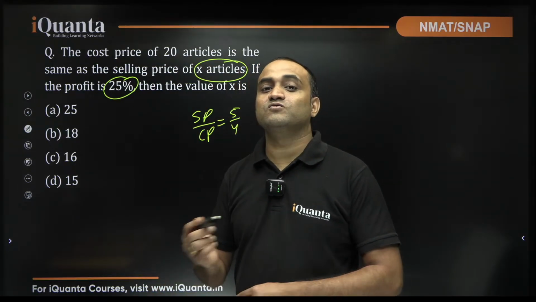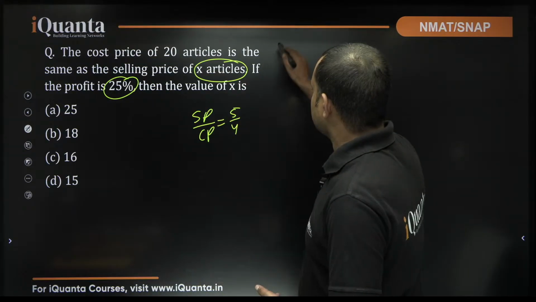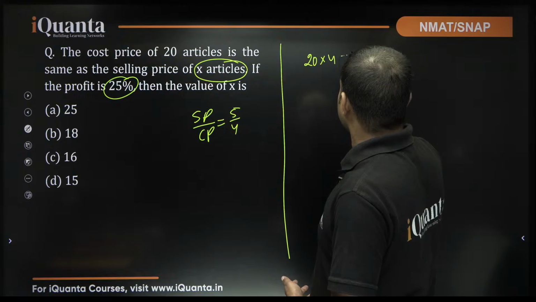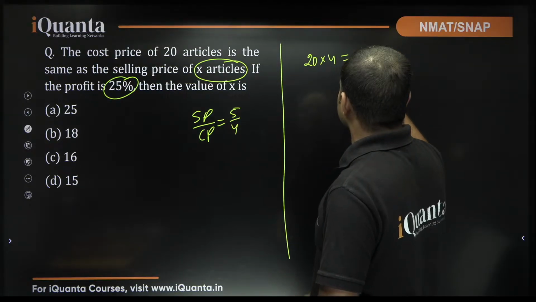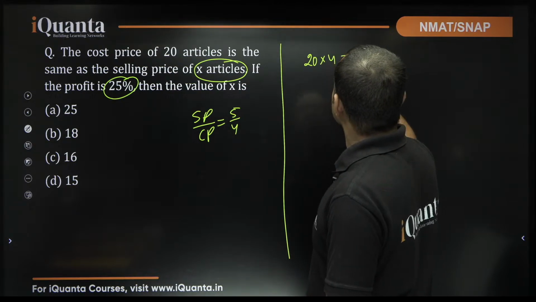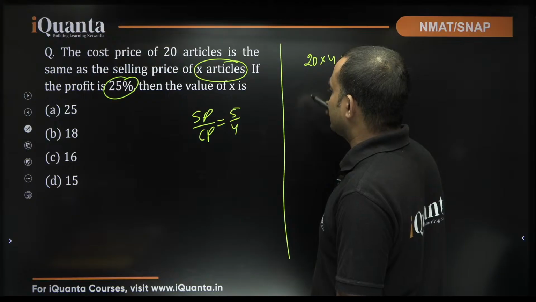If cost price is 4, selling price is 5. So, what we can say is that 20 into 4 is 25 into X. So, X will be equal to